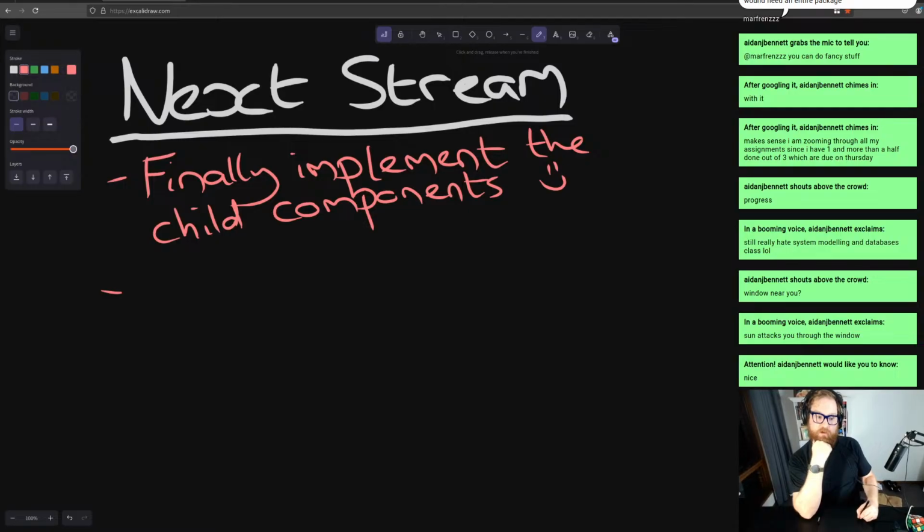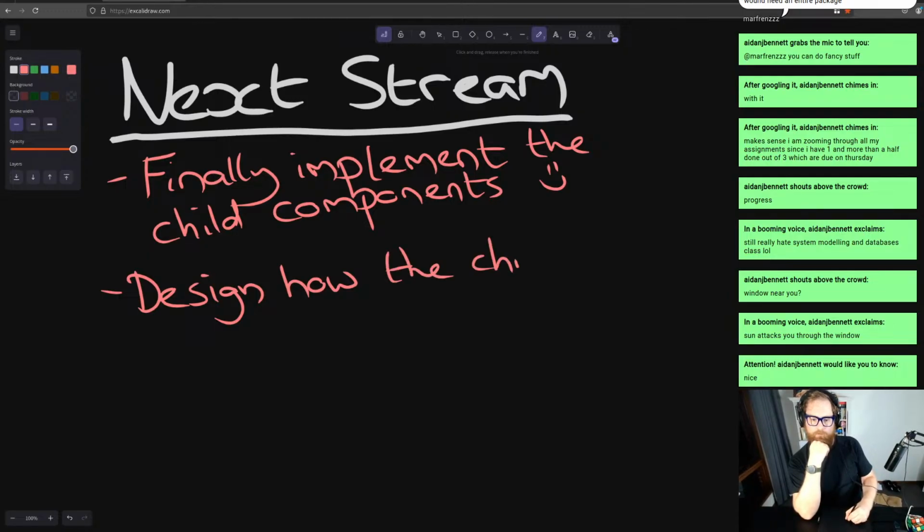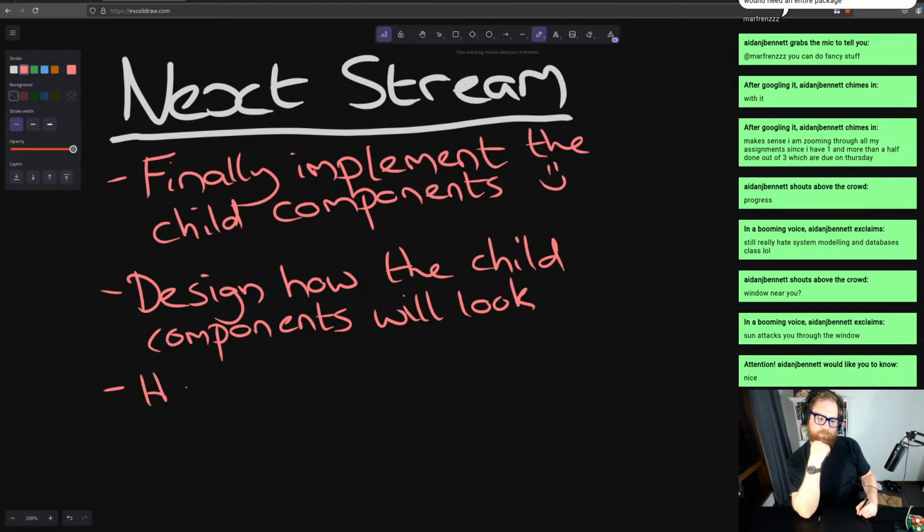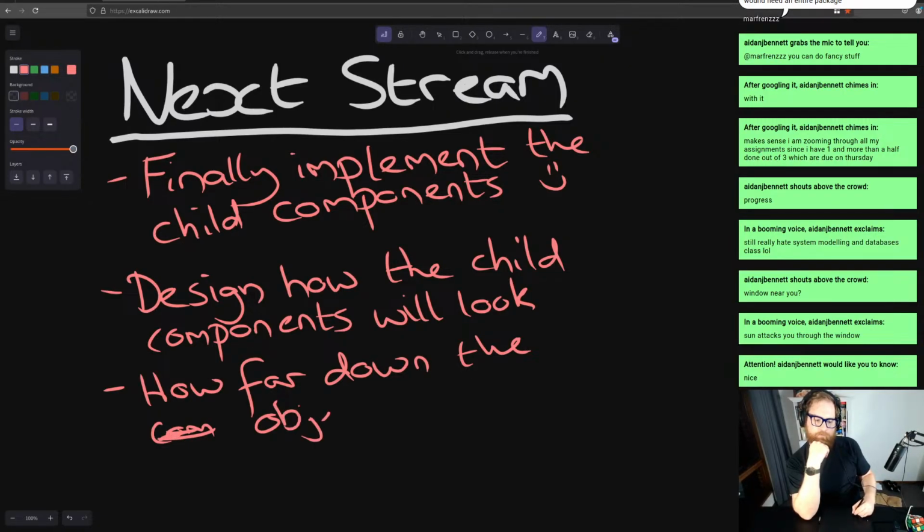So design how the child components will look, and how far down the components we can go. So you can have